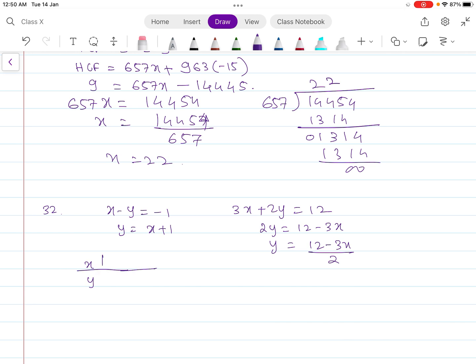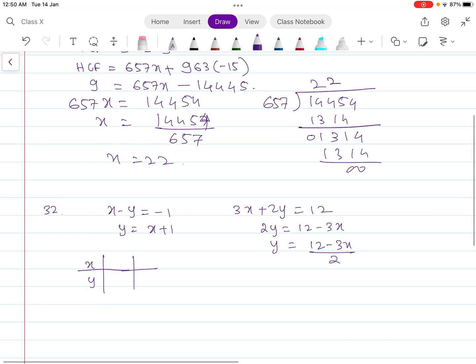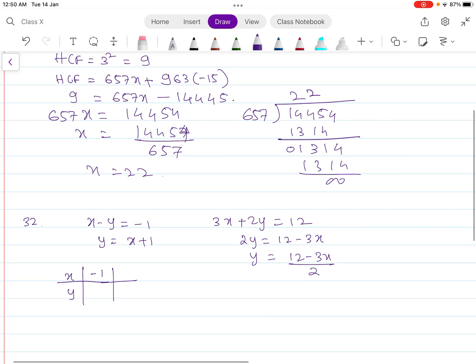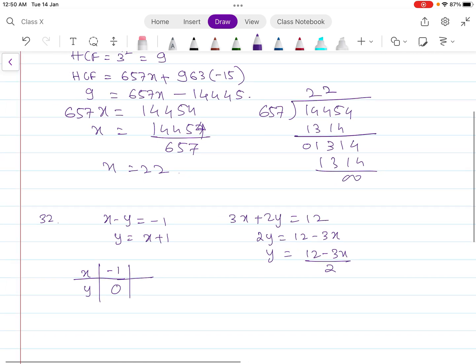Okay, so we'll take only two values. Let us say here we are going to choose x equals -1, because y will become 0, and you can take another value, x equals 1, and it will become 2. Similarly here we'll take